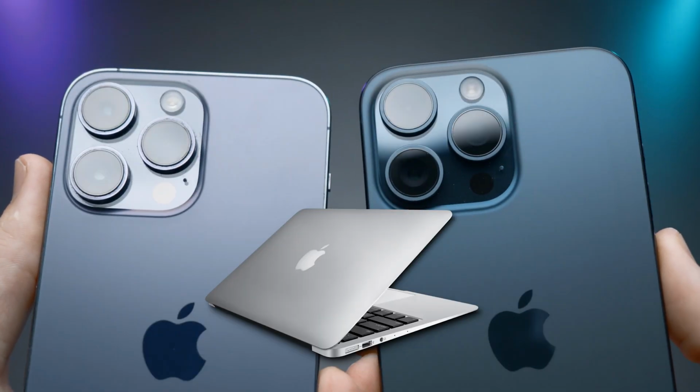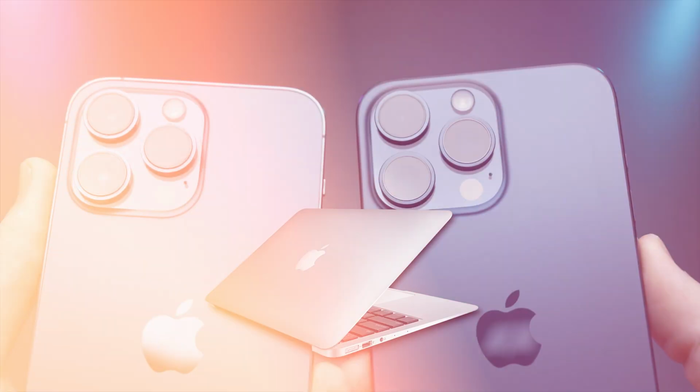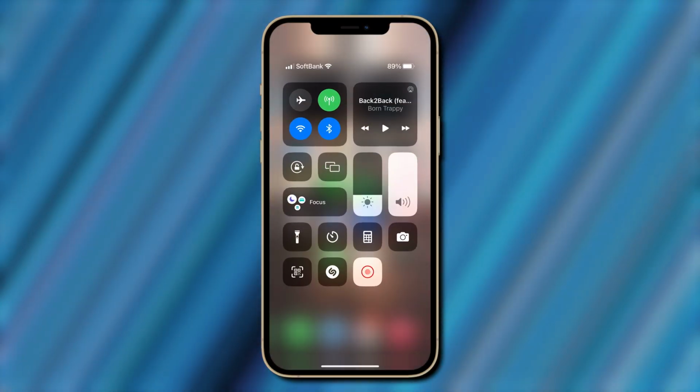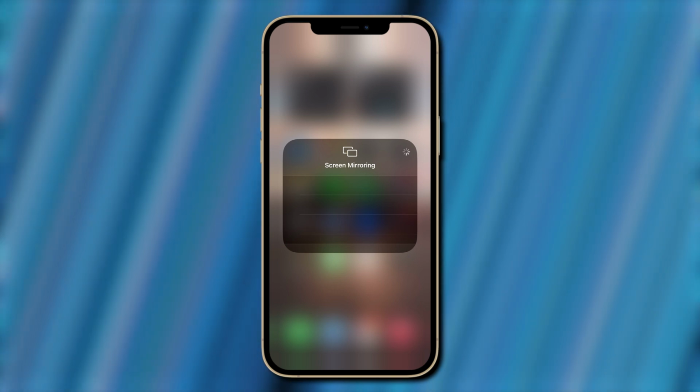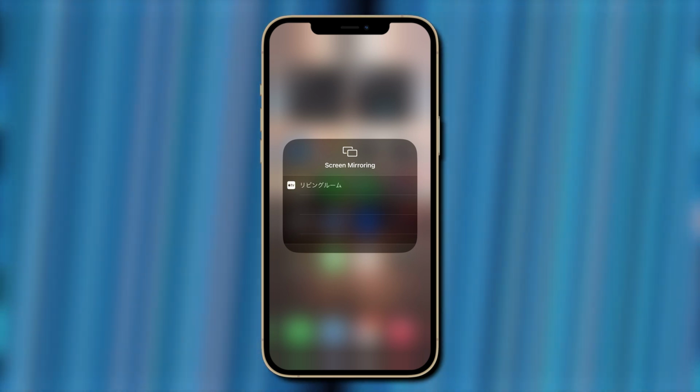Now secondly, if you're using an iPhone and also have a Mac computer, you can easily screen share to your computer by scrolling down to your phone's control center and then tapping on the screen mirroring option here. Now from here, you can choose any of your Mac devices that appear,